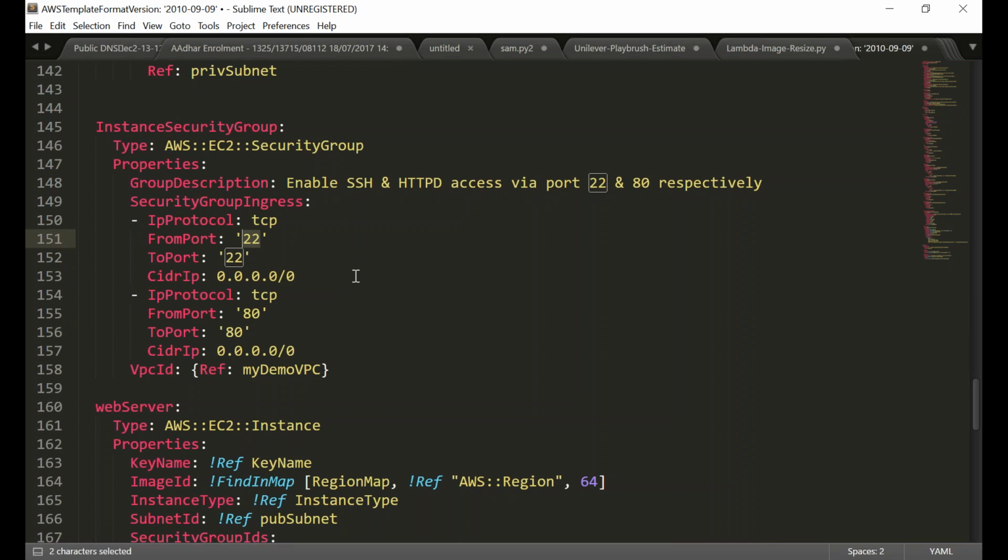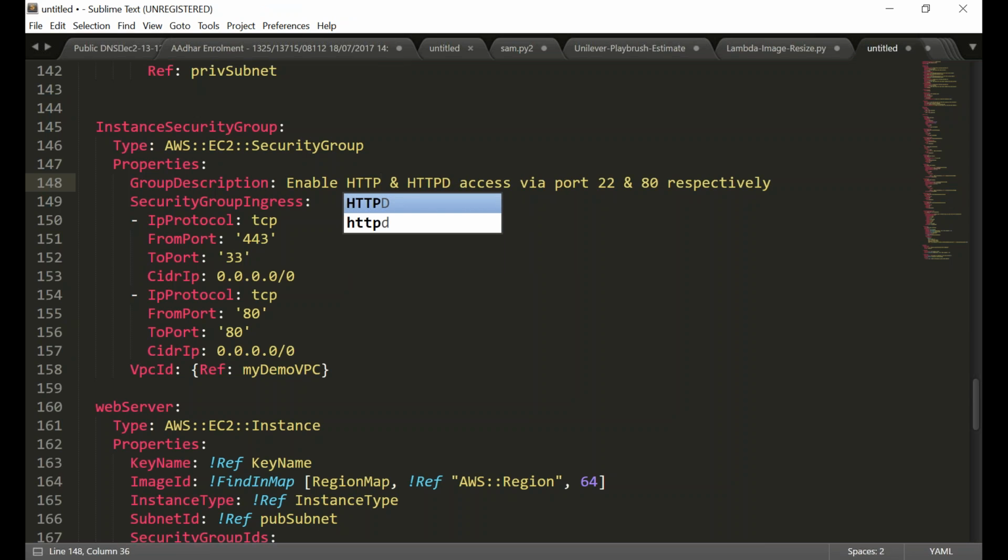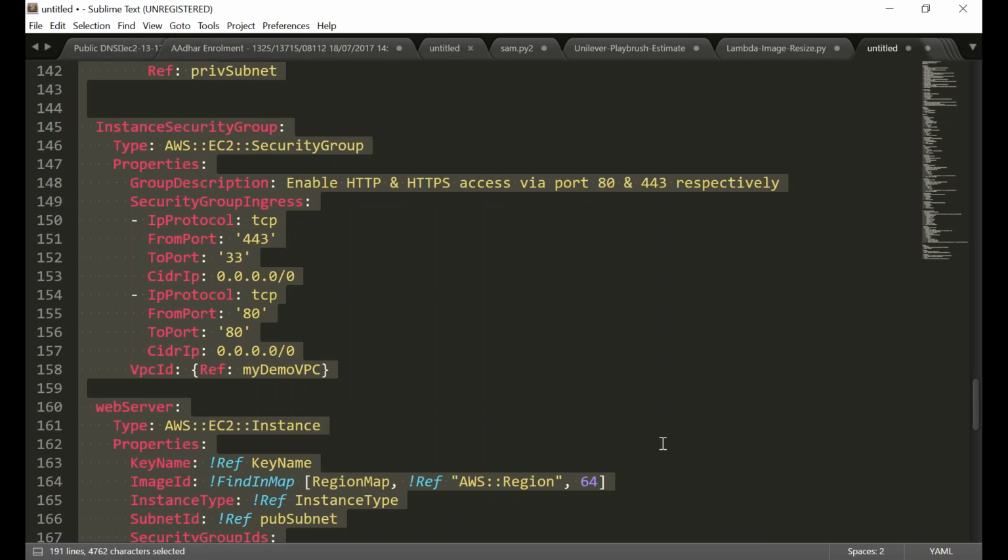So I'm just going to say here 443, here also 443, and I'm going to change the description of this field also, saying enable HTTP and HTTPS access through port. And Amazon says that the documentation is the responsibility of a good developer, so I'll try to keep up with Amazon's expectations. So I've just updated it, and I'm just going to copy it,